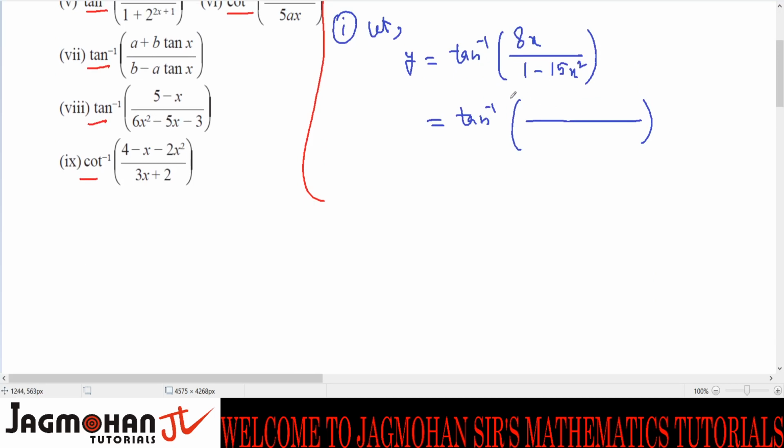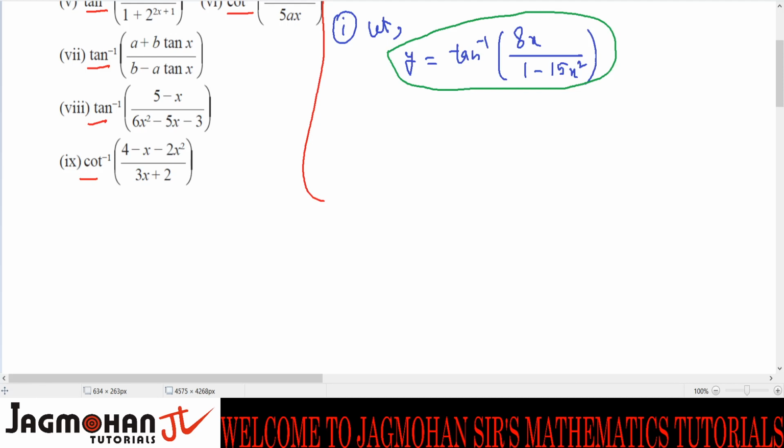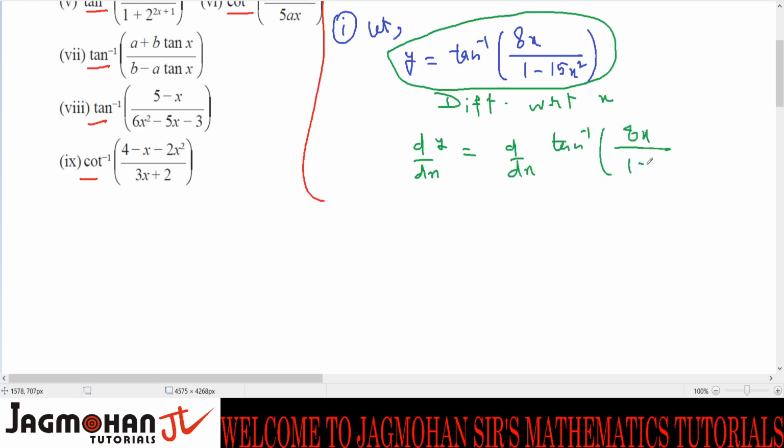Students, one thing is very clear here, that when I have to differentiate this function, I have to find dy by dx because I am taking this as y. But why is it that I am not differentiating directly? Why am I not writing here, differentiate with respect to x? Why shouldn't we start differentiating at this very step? Why not? d by dx of y and d by dx of tan inverse of 8x upon 1 minus 15x